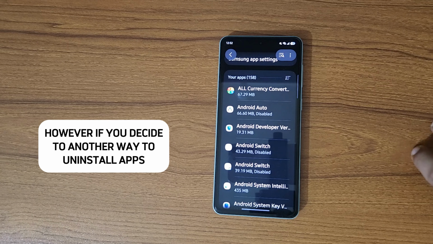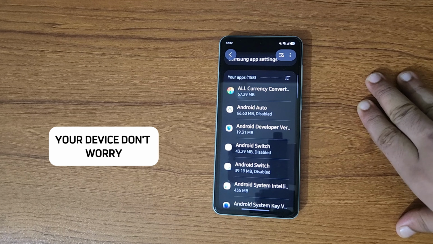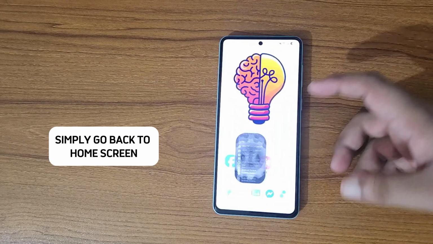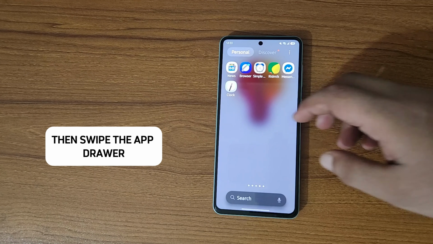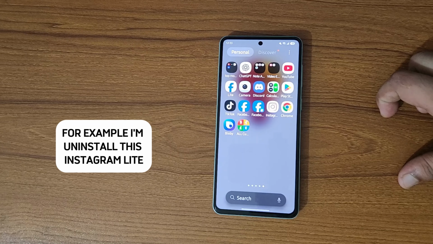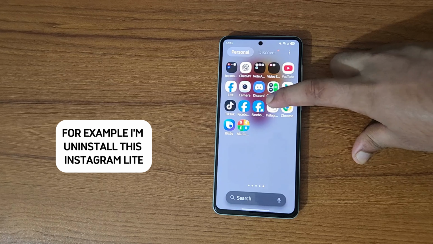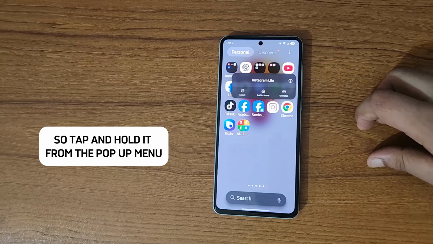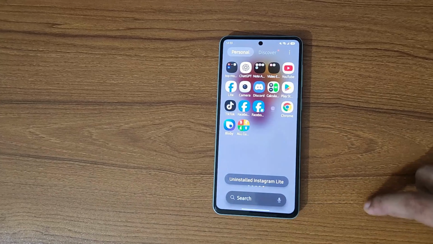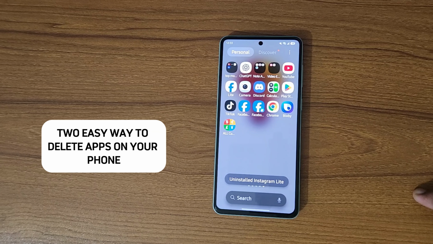However, if you decide on another way to uninstall apps on your device, don't worry, this method is available. To do it, simply go back to the home screen, then swipe up to the app drawer, scroll through the page, and find the app you want to uninstall. For example, I am uninstalling this Instagram Lite, so tap and hold it. From the pop-up menu, select uninstall, then confirm by tapping uninstall again,